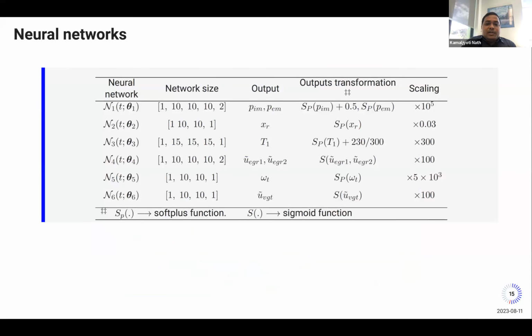So we have 6 P-chain networks. This is important. Why is this important? I discussed that there should not be a backflow of gas. The equations are valid only for positive quantities. So with these 2 functions, softplus and sigmoid, we maintain that there is no negative quantity and no backflow from any of the components. And this scaling is required because we saw that the quantities are on different scales, so we use a normalized scaling to bring all the different quantities to one scale.